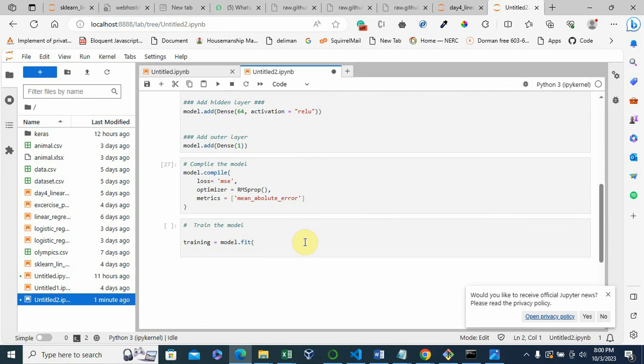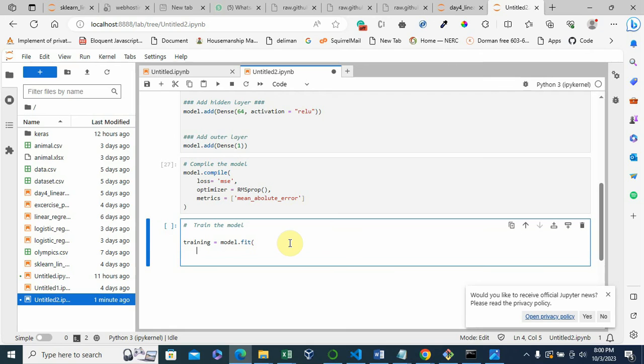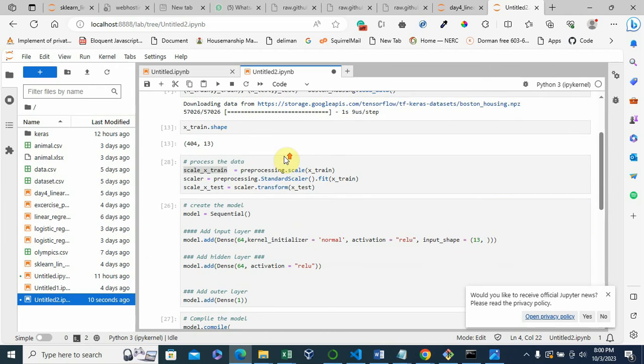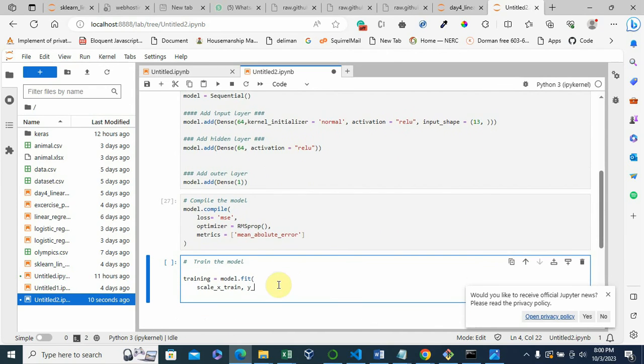So basically what we have normalized is what we are using, scaled x train, and then we use y train, which is of course the dependent variable, since of course this is always going to depend on this guy. So we say y train. So you notice that we don't care about the y value here. So y train.